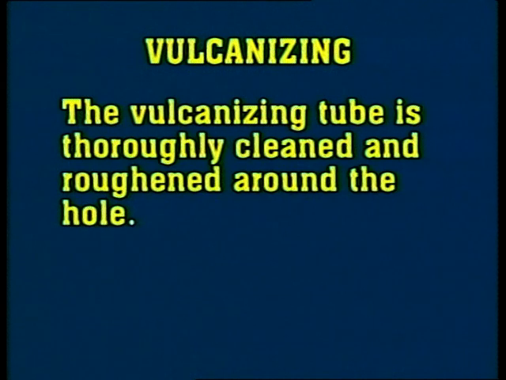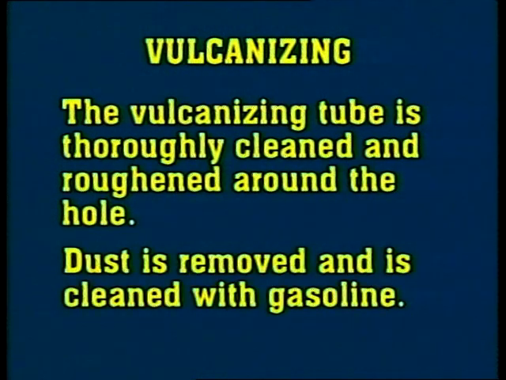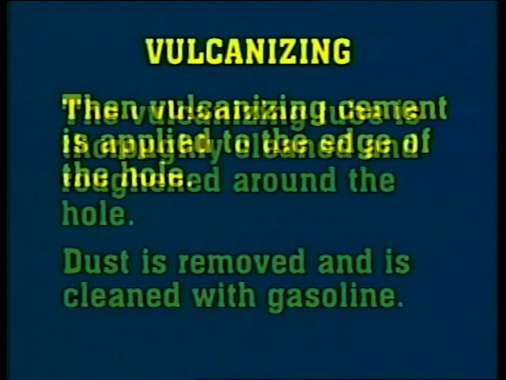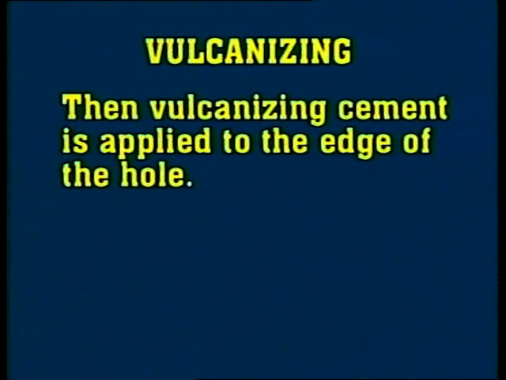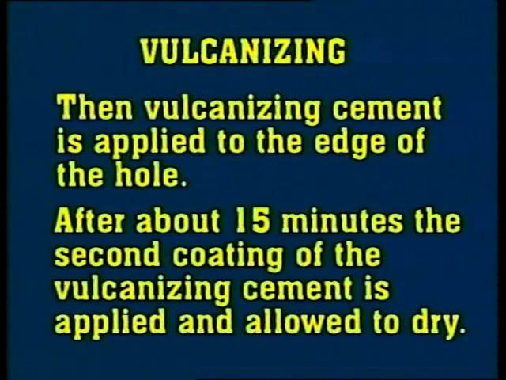The tube is thoroughly cleaned and roughened around the hole. Dust is removed and it is cleaned with gasoline. Then the vulcanizing cement is applied to the edge of the hole. After about 15 minutes, a second coating of the vulcanizing cement is applied and allowed to dry. Then